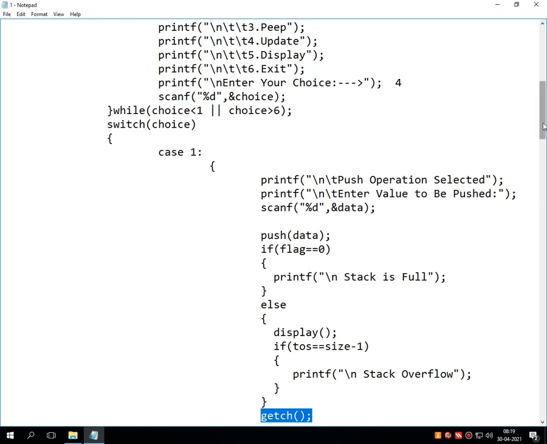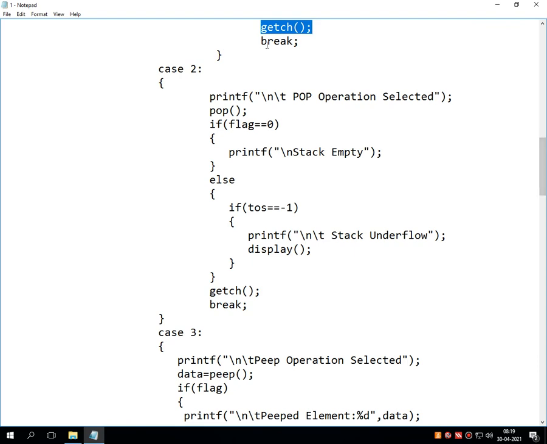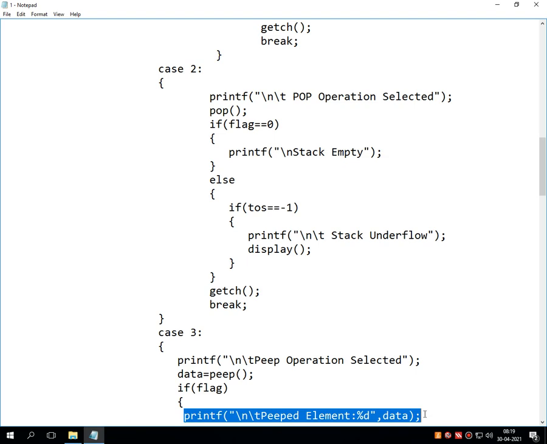Fine. Again pause the video and write down the logical lines from this break statement to the selected printf statement. I repeat, just pause your video and write down all the lines from the break statement to the selected printf statement.